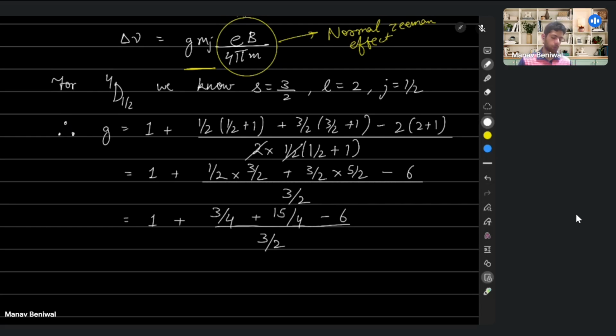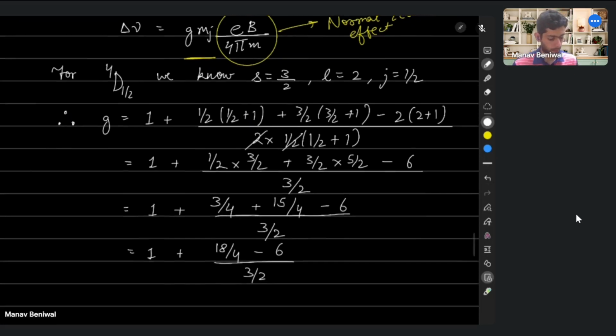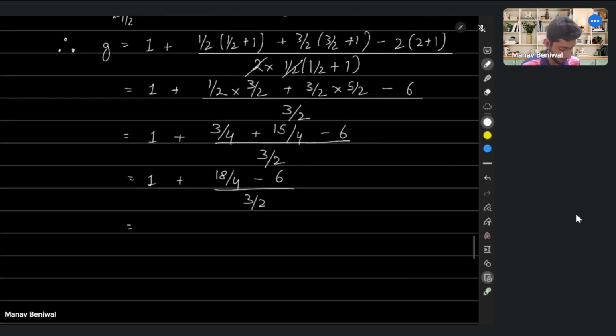Okay, so 15 plus 3 is 18, and 18 by 4 minus 6 divided by 3 by 2. Okay, so therefore this will become 18 minus 24 divided by 4 into 2 by 3. So this just becomes, 2 will cancel out, this becomes 2